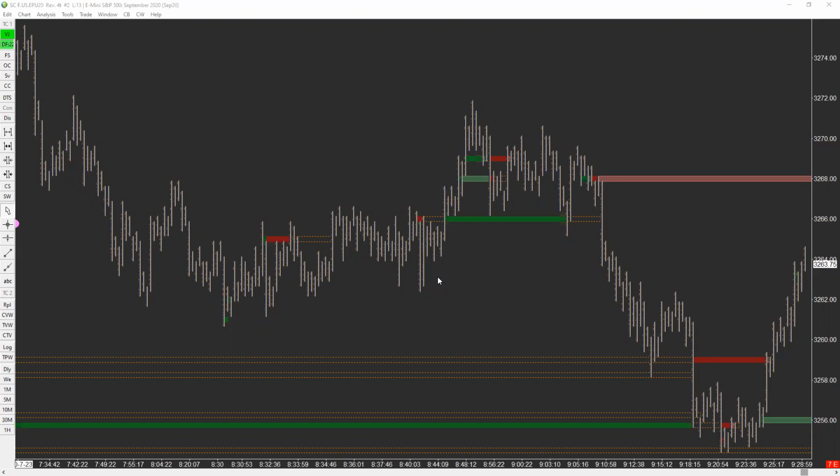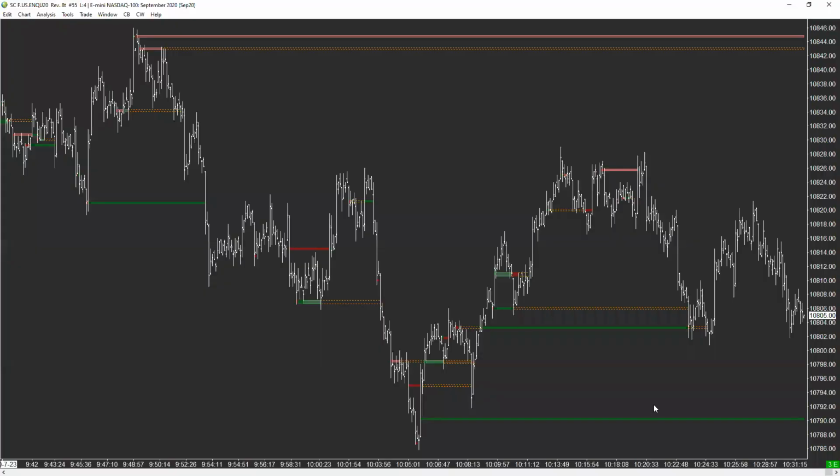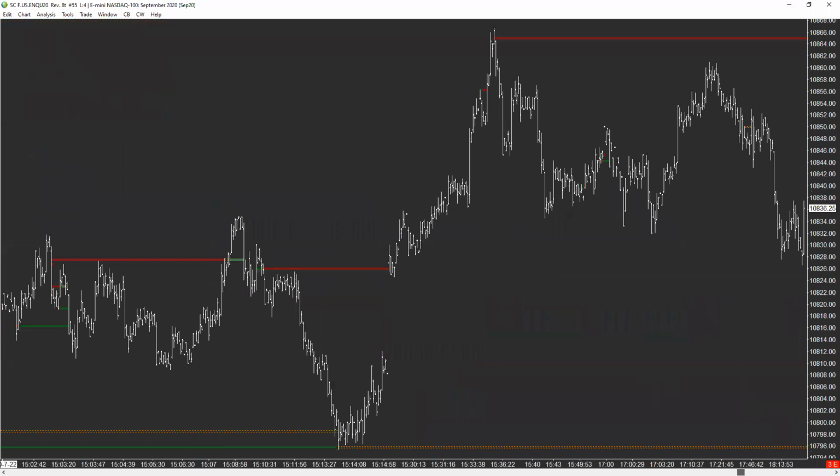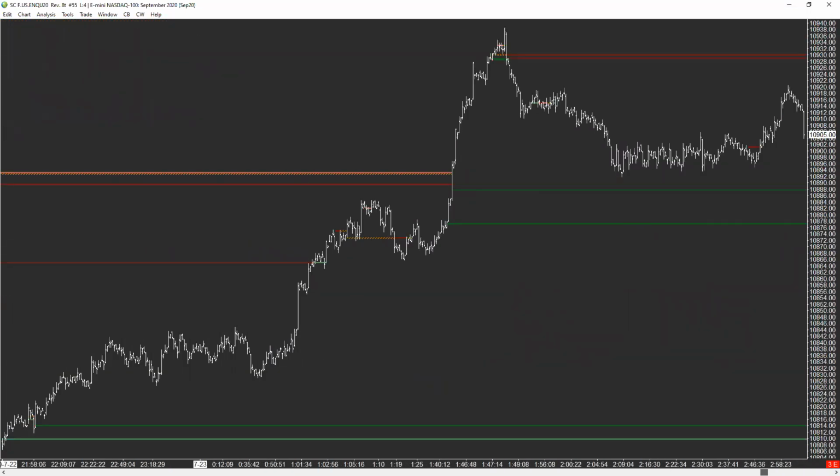And you can't see it on this chart. It was another chart where you've seen some longs puke at some point on this rally, which is what you need. But also, and we've been talking about this a lot, the cousin to the S&P, the NASDAQ. Scroll back to 845 Central, and